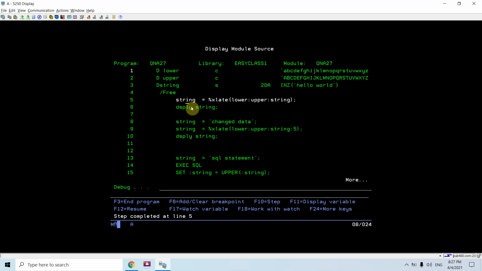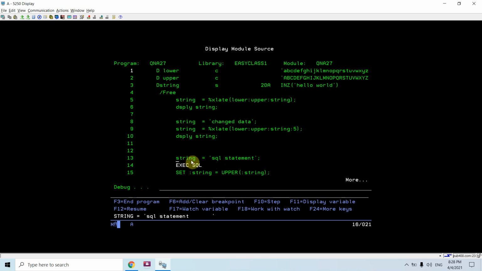You can see currently the string is hello world, which is in lowercase. Now it will get translated to upper, HELLO WORLD. We are displaying that. Now the string is change data. We will translate from the 5th position. Let's see the result. You can see the translation occurred from the 5th position, and the letters before that are still in lowercase.